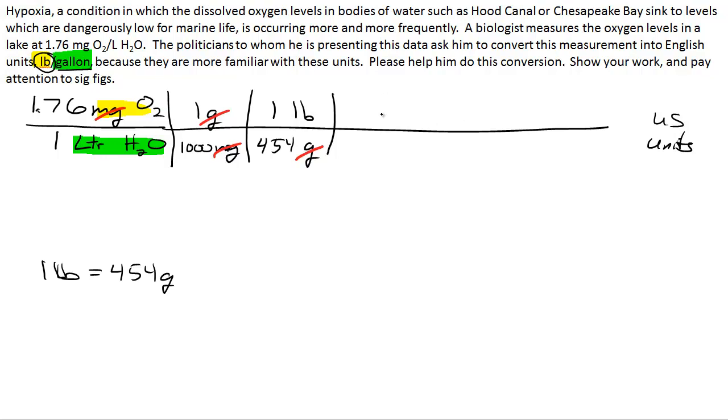So now all that's left is converting liters to gallons, and we already saw from a previous example that 1 gallon is 3.785 liters, and the liters have now canceled, and now we're left with pounds. The only thing on top, pounds of O2, and on the bottom, gallons of water. You do the math, multiply, multiply, multiply, divide, divide, divide, and you get very easily